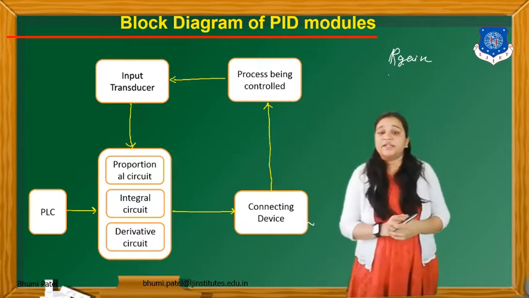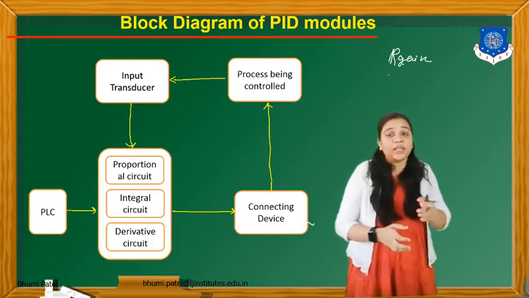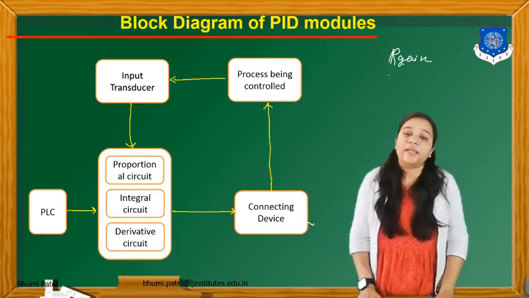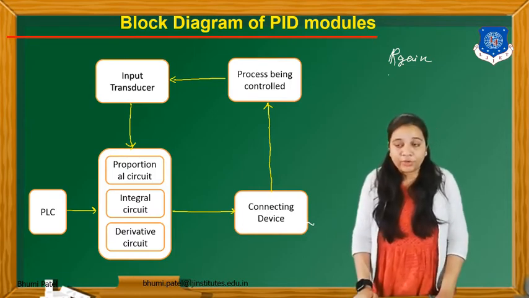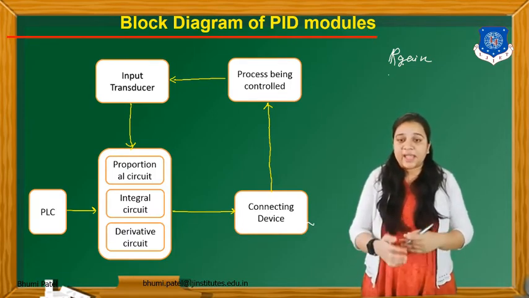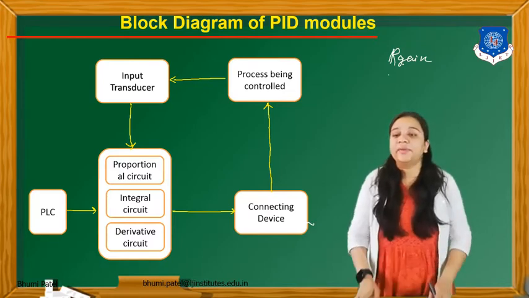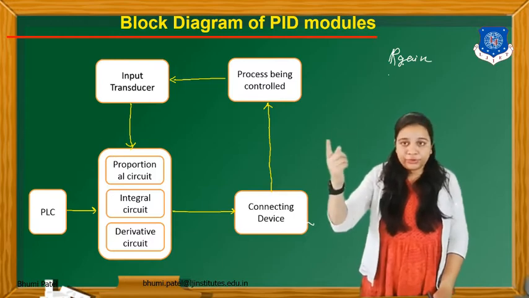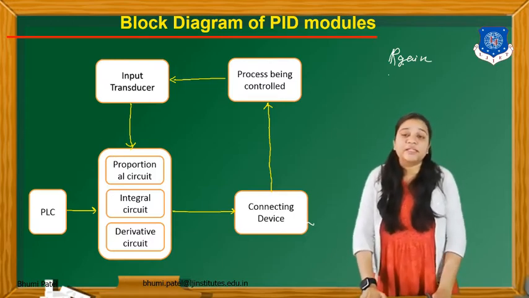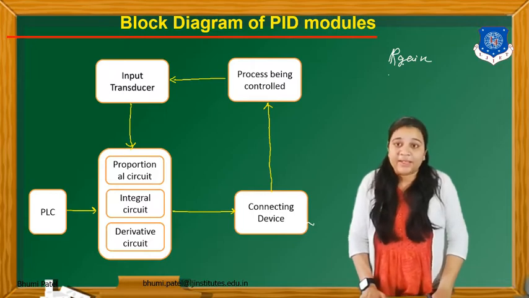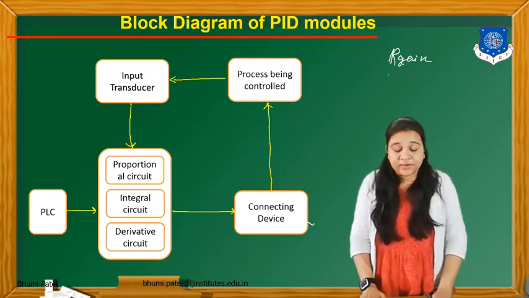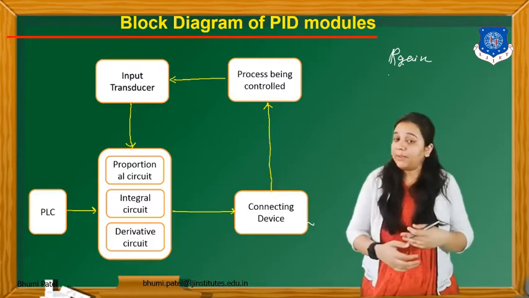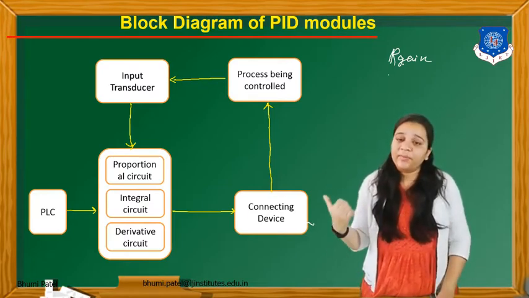Now the question is how we can change the gain of this particular system. Whenever you connect the PLC with this PID module, some facility is there in the PLC software. It is given whenever you use the PID module. Remember that in MATLAB we can change the transfer function using MATLAB functions, and then we can stabilize the system. The same thing will be applicable here.